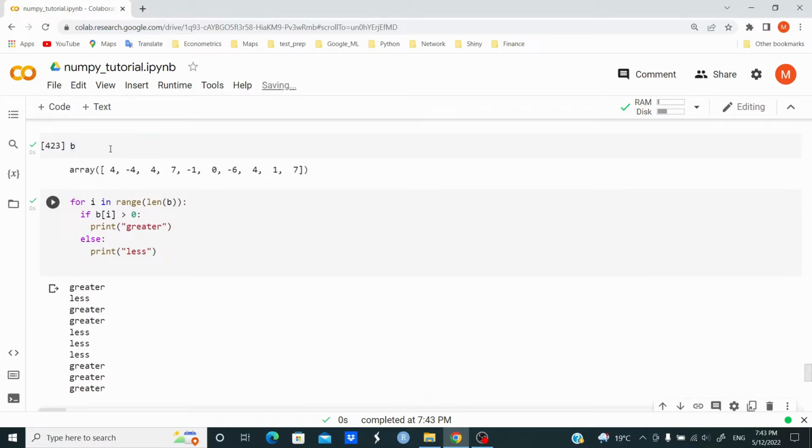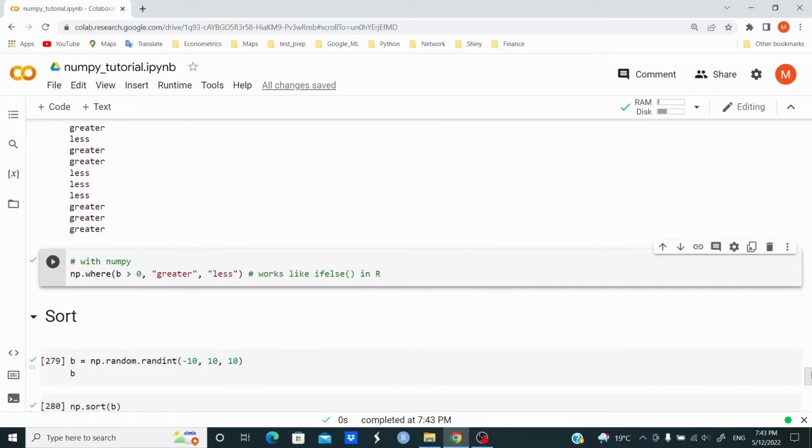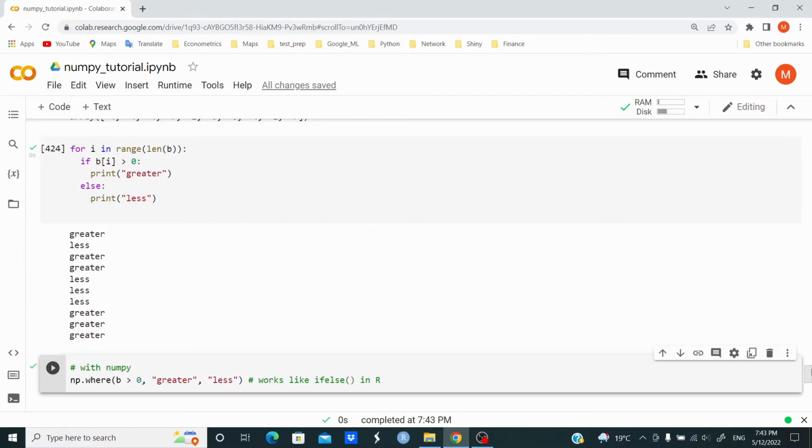So we have greater, less, greater, greater, less, less, and we have less, greater, greater, greater. Okay. With numpy,